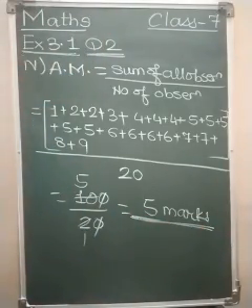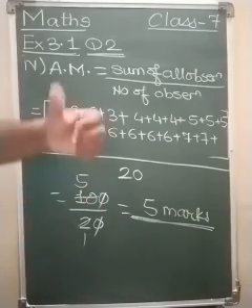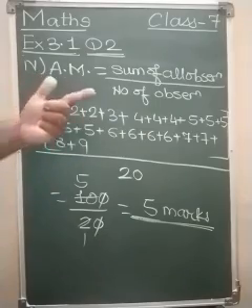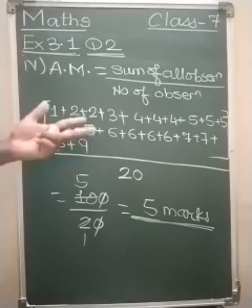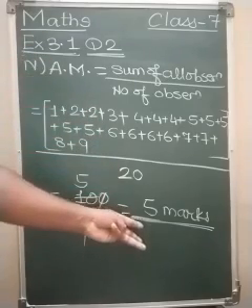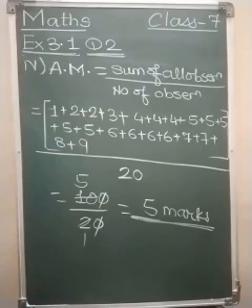All the 4 questions we have answered. We have given the answer for the highest observation. We have given the answer for the lowest marks. We have found out the range of the data, and we have found the arithmetic mean as 5 marks. Okay, we stop here.